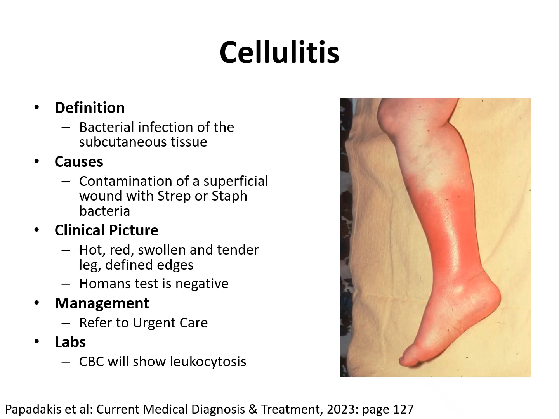The next cause of a swelling of the one limb that is painful is cellulitis. Cellulitis is defined as bacterial infection of the subcutaneous tissue. Causes are usually related to contamination of a superficial wound by either Strep pyogenes or Staph aureus bacteria. It gets in through a scratch in the leg or in the arm or forearm, and then it presents with a